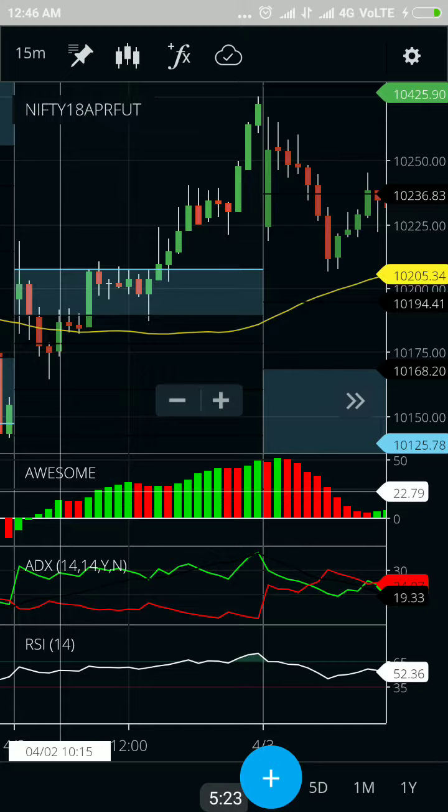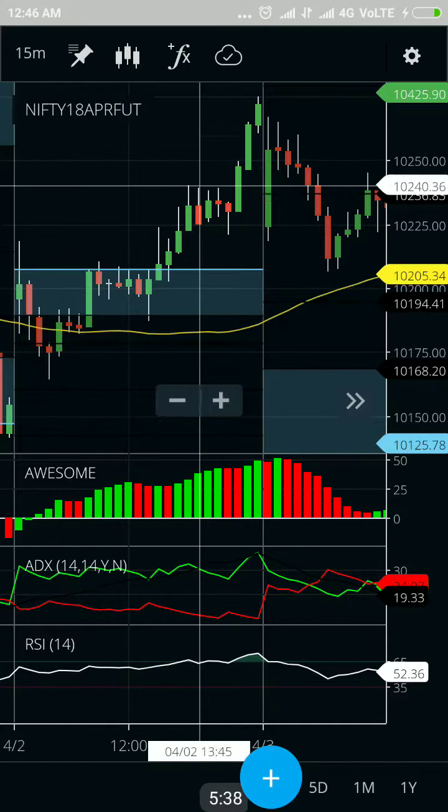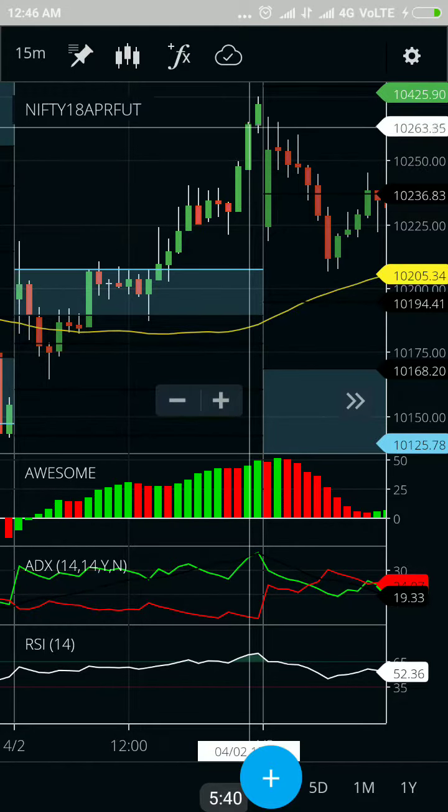Okay, so in such kind of a setup, right at the start of the next candle, we will enter into the buy trade. The next candle is formed at around 10:30 a.m. We took a buy side of it, and by the time it was 3:15 p.m., we made a decent profit. So as per this strategy, guys, there are two profit targets, so the target one is definitely the last